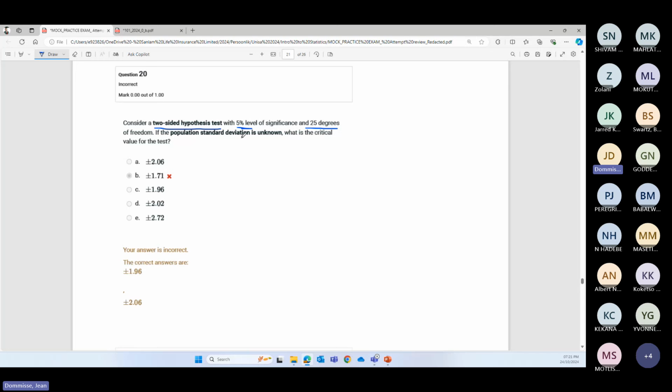If the population standard deviation is unknown, what is the critical value? Okay, so unknown, we know we need to look for a t. So we look for a t where the degrees of freedom is 25